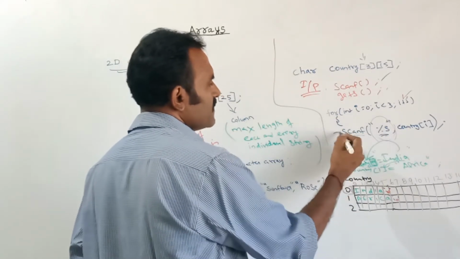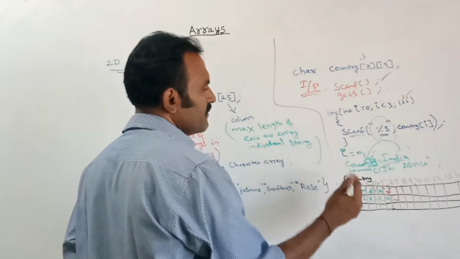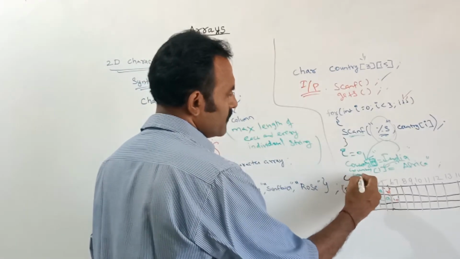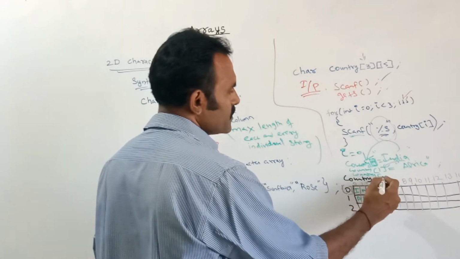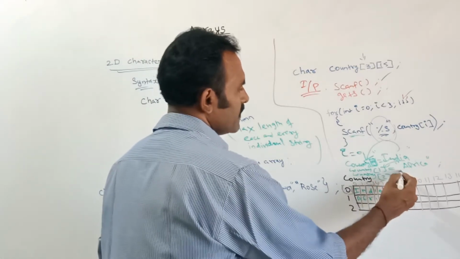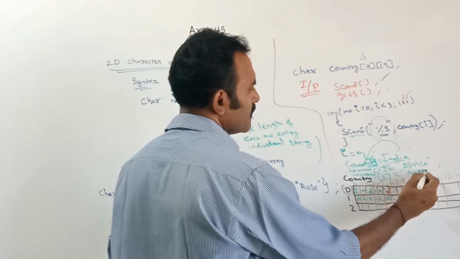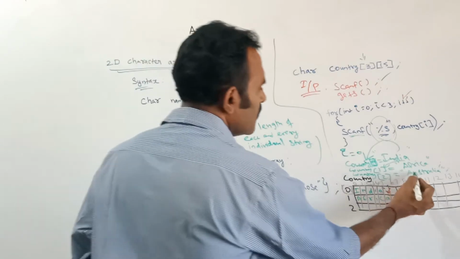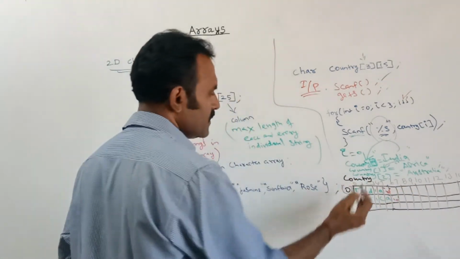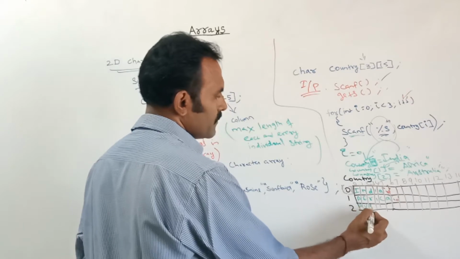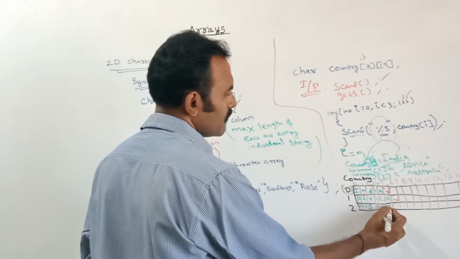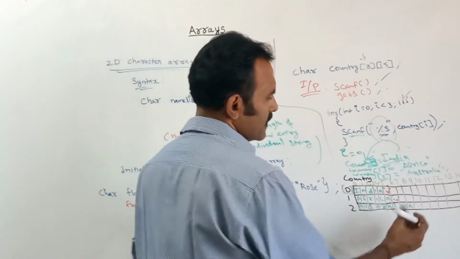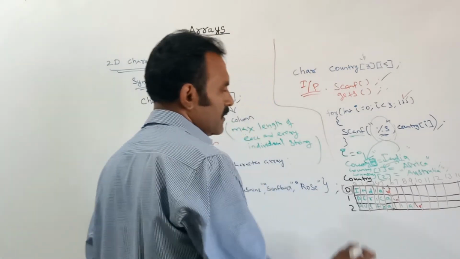Here by help of this scanf function I am giving the input to the country of index value, that is position 2. Here suppose if you are giving Australia, the value Australia, that is string Australia, is stored in the location country of second location. So here also at the end of the string slash 0 is assigned by the system.